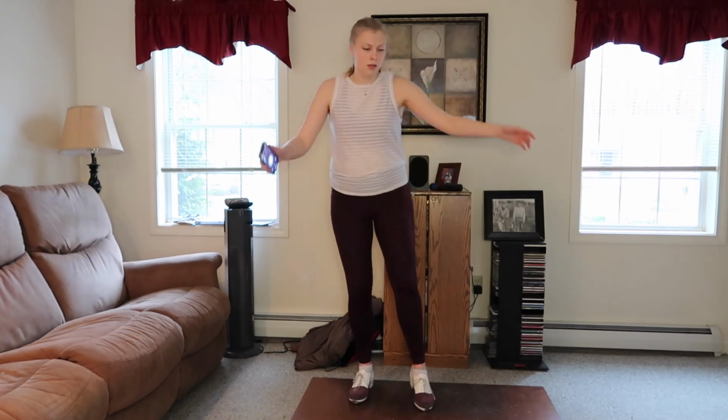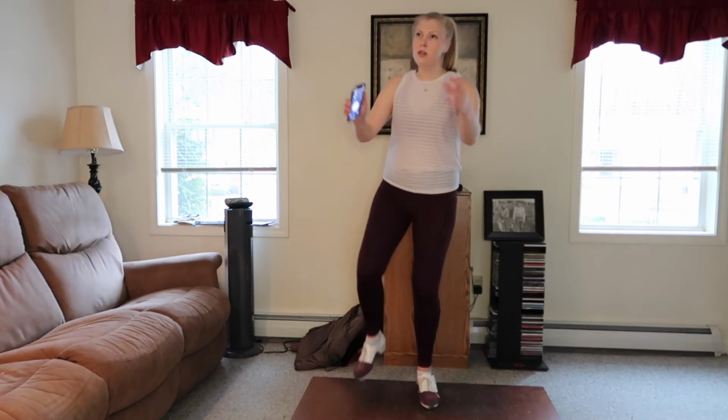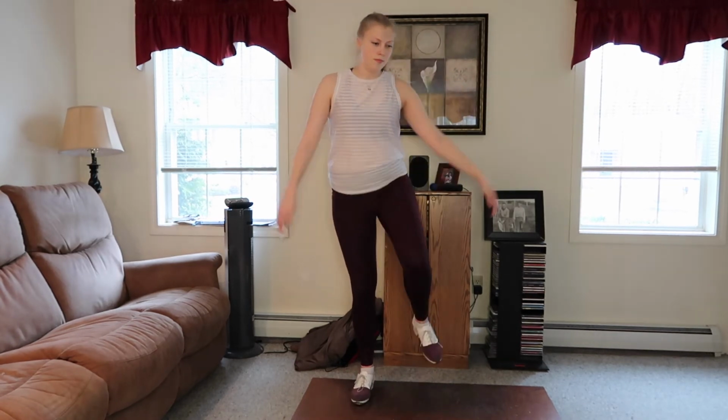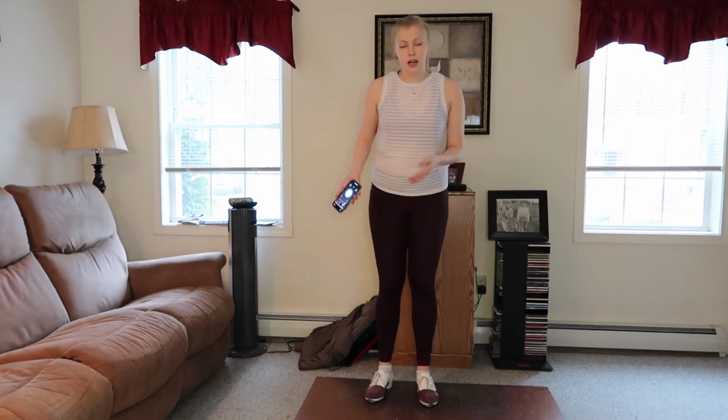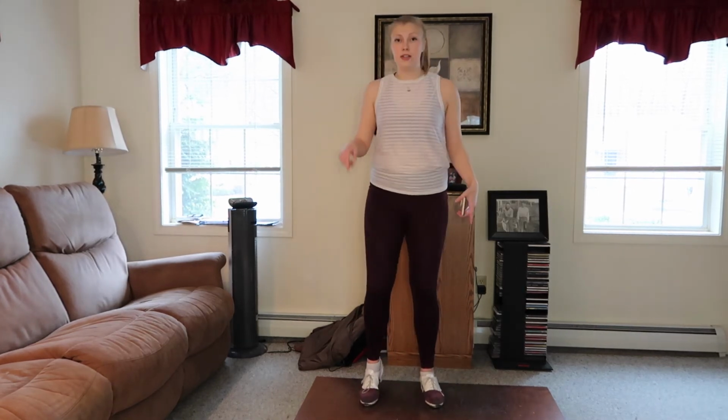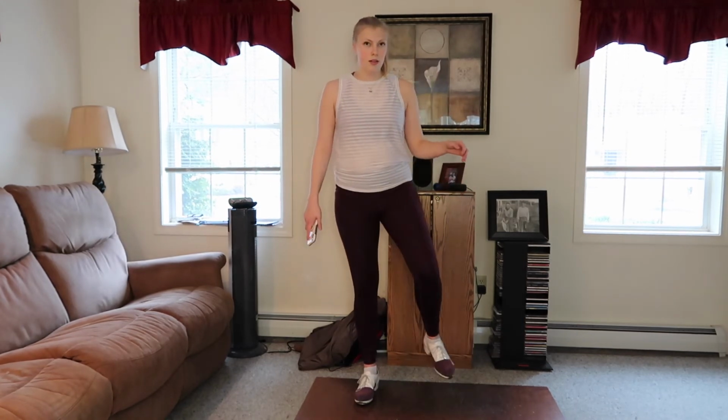So I'm going to show you an exercise you can do with the metronome to practice counting and staying on time. So this is what it looks like. So what you're doing is a toe, and then it goes heel, heel, heel. And then it's like the beginning of a paradiddle. You do heel, brush back. So it goes,